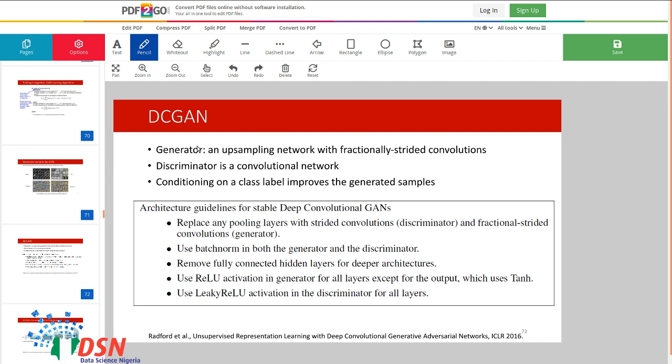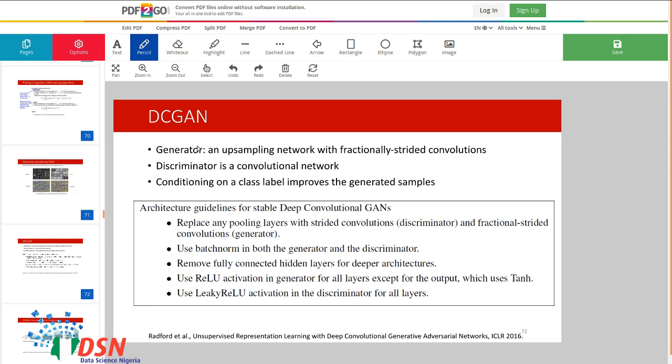In other words, the training of this two-player game is kind of unstable. Most of the time, maybe it is unstable. So there are lots of different tweaks or tricks to make the training of the GANs more stable.